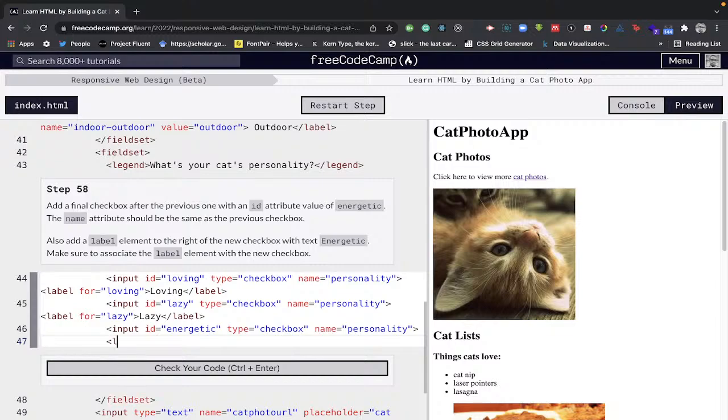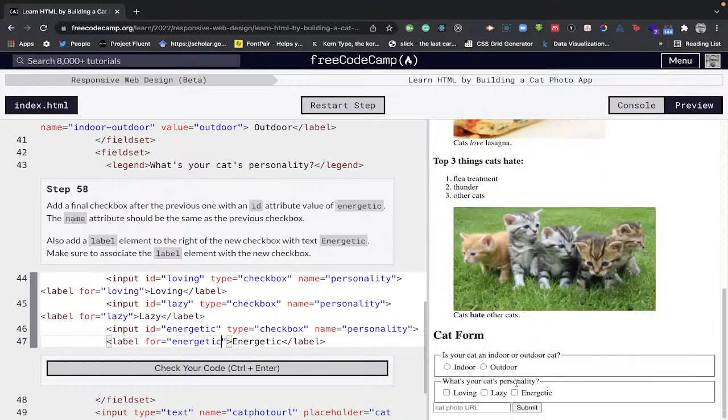And then we want to have the label. So label should be what? Energetic, in capital, Energetic. So what do we need to do to the label to make it work? For, that's a good catch. Okay, so we have for energetic,